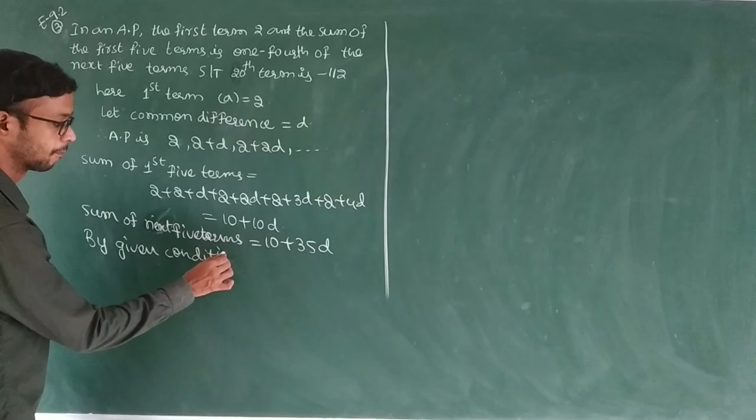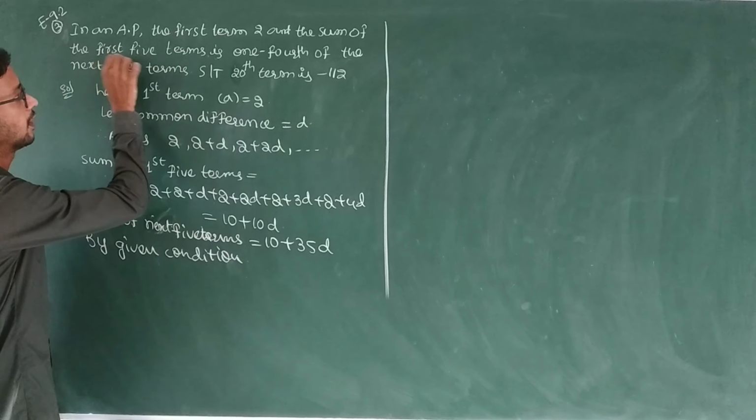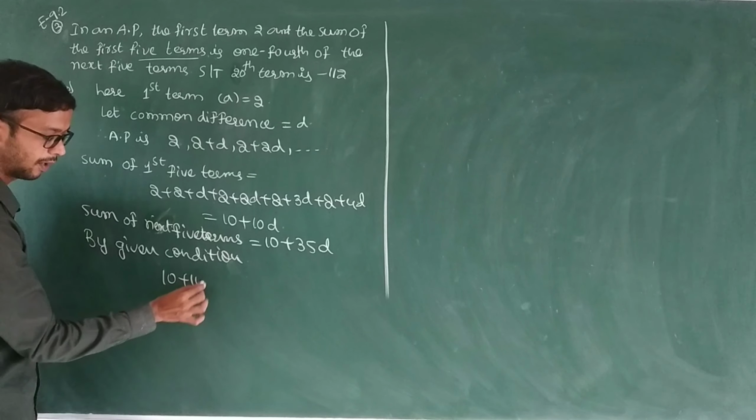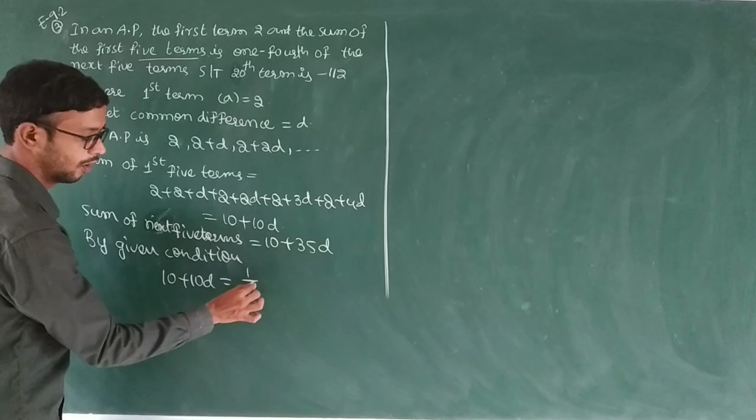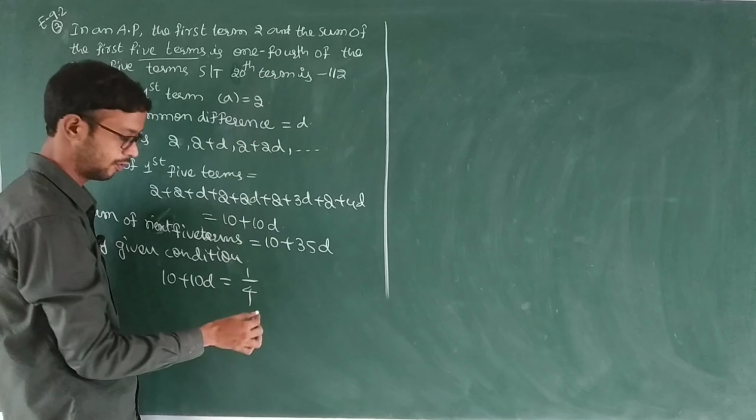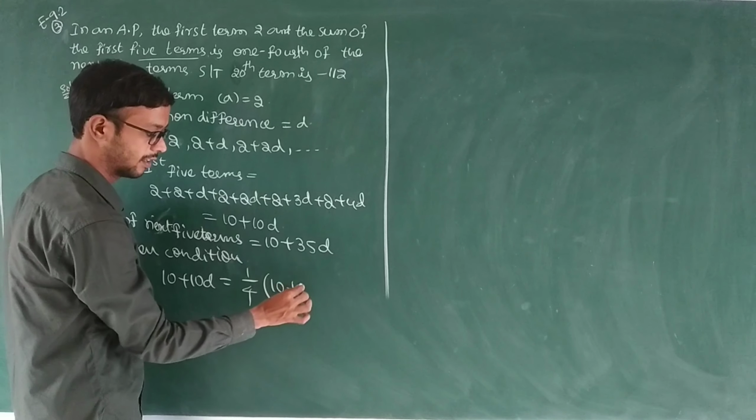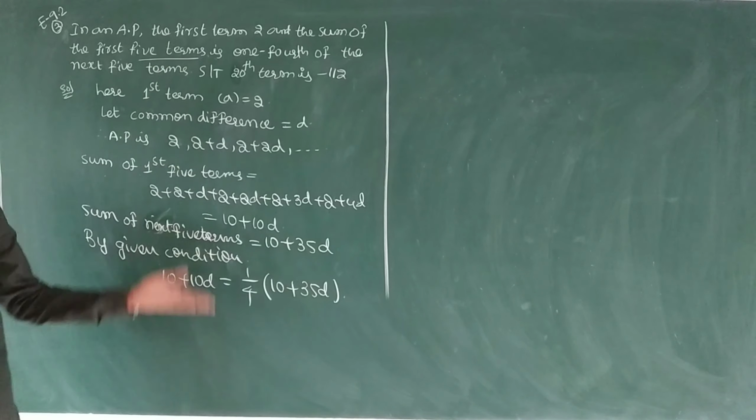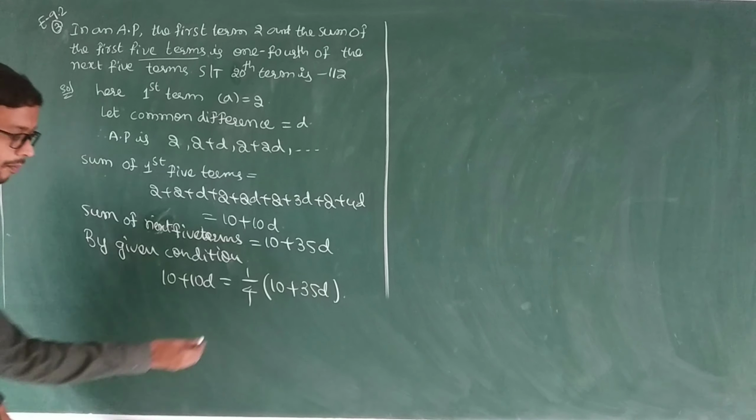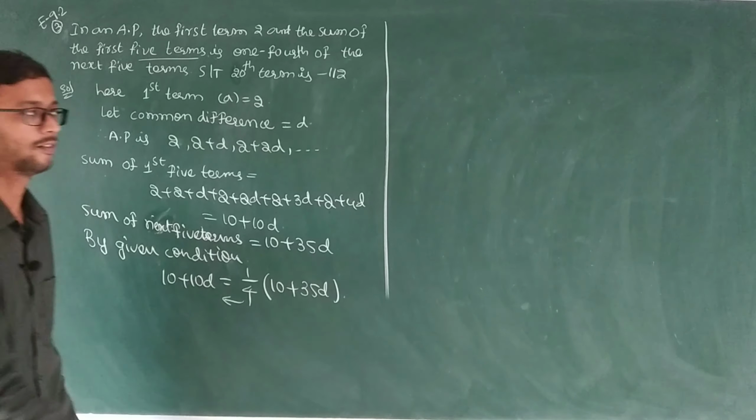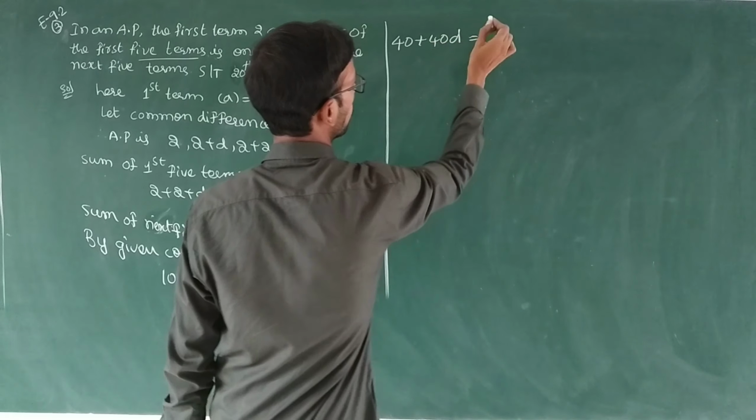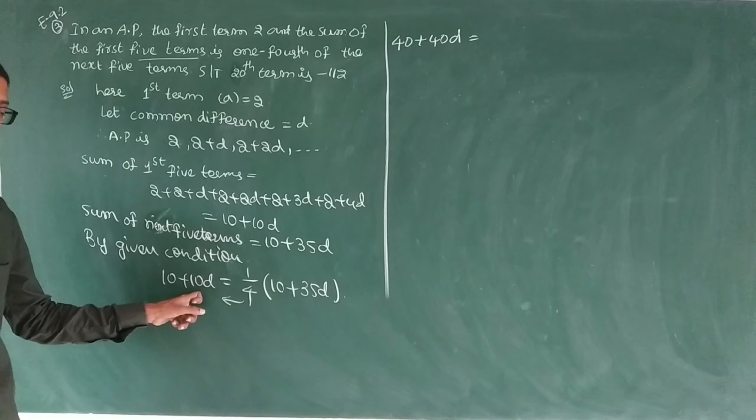condition, the sum of the first 5 terms, 10 plus 10D, is equal to 1/4 of the sum of the next 5 terms. That is the only condition given. So now you have to simplify this. Sending it to the left side, 40 plus 40D is equal to 4 into